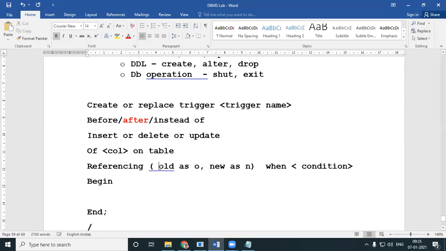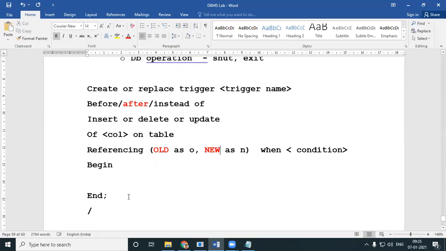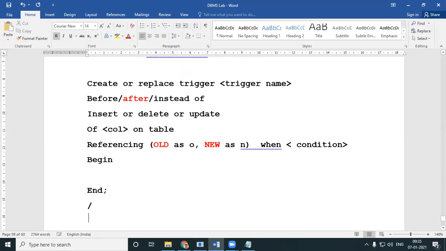Now let's come over here. As I was telling you, you have something called old, and you even have something called new. Usually old is written in capitals, OLD, and new is also written in capitals, NEW. Now let's see what we mean by old and what we mean by new.